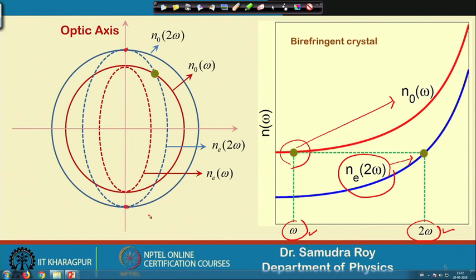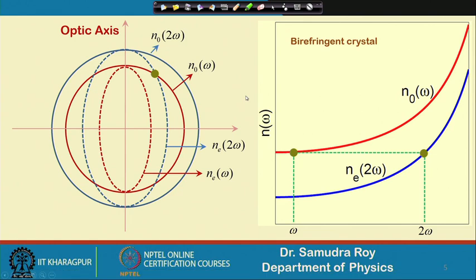These things we discussed in our very earlier classes, where we studied basic linear optics. Here you can see a point where they are crossing. This is the crossing point between the ordinary and extraordinary refractive index, the point where the two values are the same. So, there is a possibility that we will have phase matching at that particular point. That is the idea of birefringent phase matching. We use some crystal to generate second harmonic, where the phase matching condition can be satisfied using these two refractive indices, n_e and n_o.